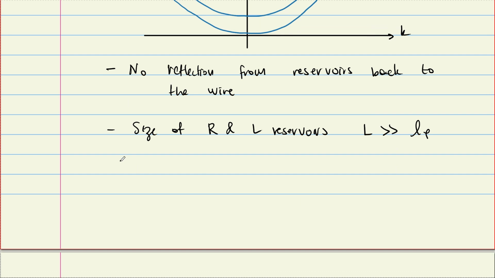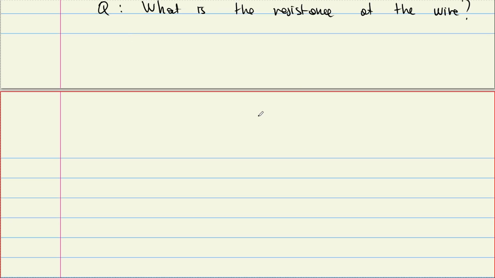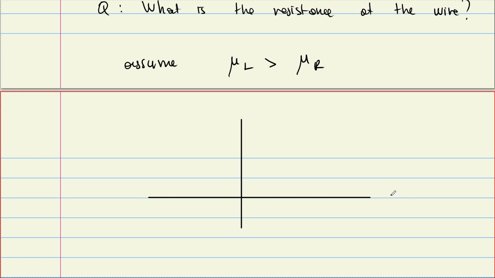And the question we want to ask is, what is the resistance of the wire? Okay, let's try to calculate that. Let's assume the chemical potential on the left is bigger than the chemical potential on the right, and here's our one band, something like that,